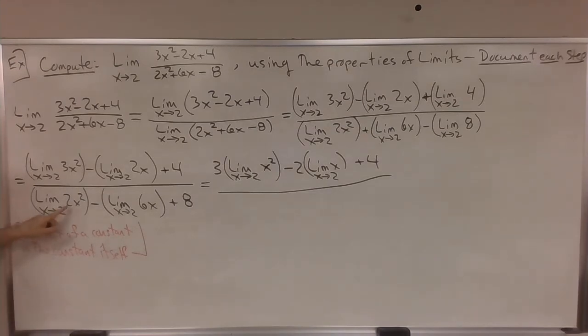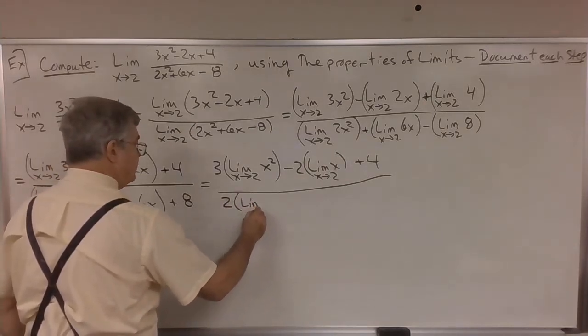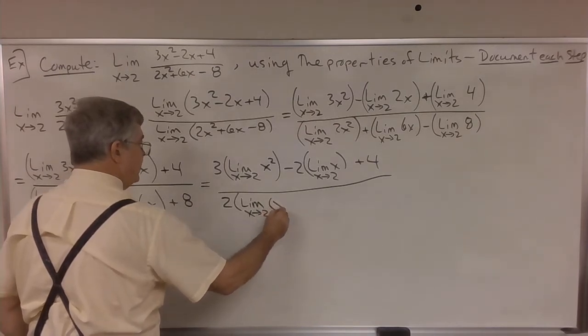We have the limit of a constant 2 times a function x squared. That we can write as 2 times the limit as x approaches 2 of x squared,